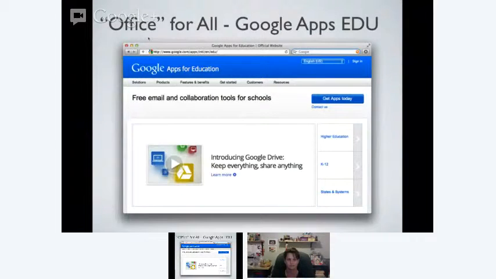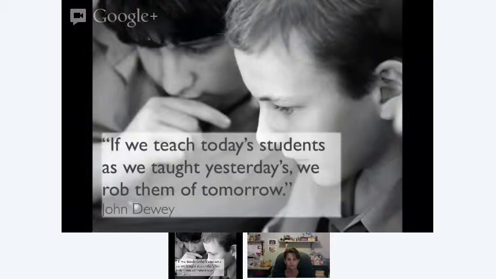So with that, I'll leave you with this last John Dewey quote, which to me sums up everything about Common Core and digital literacy: if we teach today's students the way we taught yesterday's, we truly are going to rob them of tomorrow. And that is so prevalent for what we're doing right now.